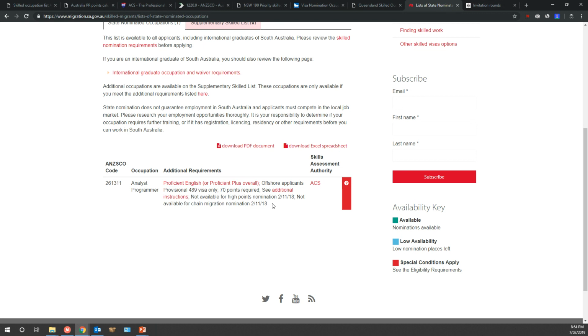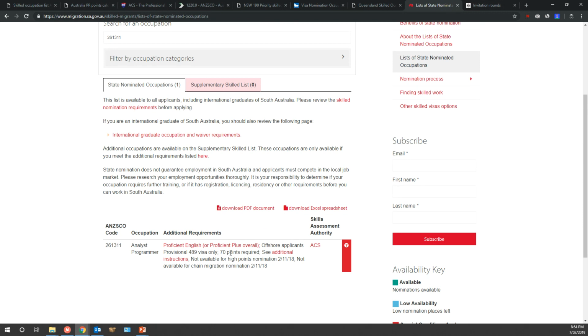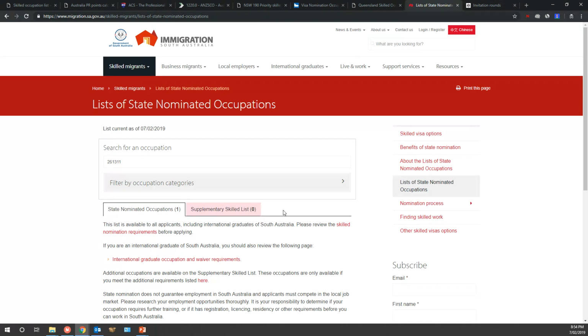The list is being amended from time to time. And from 2nd of November, not available for high points nomination, not available for chain migration nomination. So it's changing. However, with 70 points, you might get a chance of getting the nomination from South Australia. So you will have to Google the